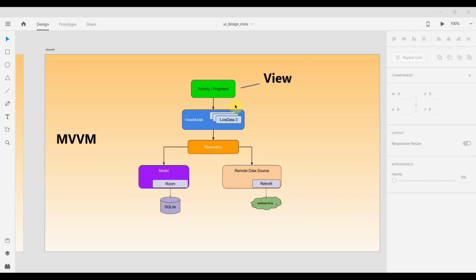So activity will get data from the view model, and the view model gets data from the repository, and the repository will get data from the model or remote data source, meaning our web service, or it can get data from a combination of both. That was all, and it's okay if you don't understand this, because we are programmers. We don't understand by seeing images, we understand when we write the code. So for the next part, we'll start to create this app.